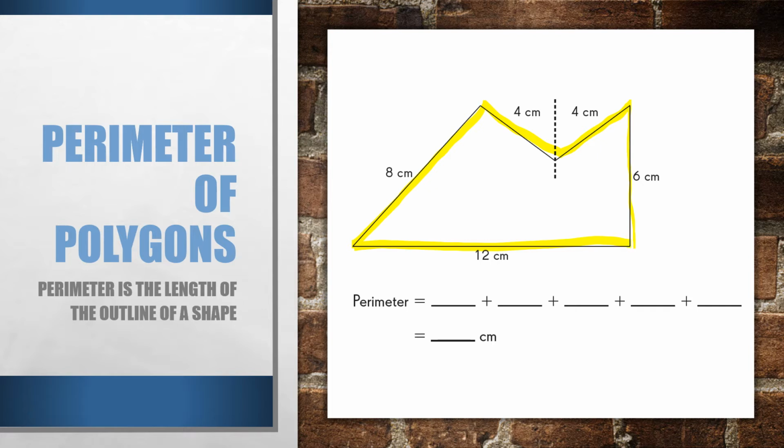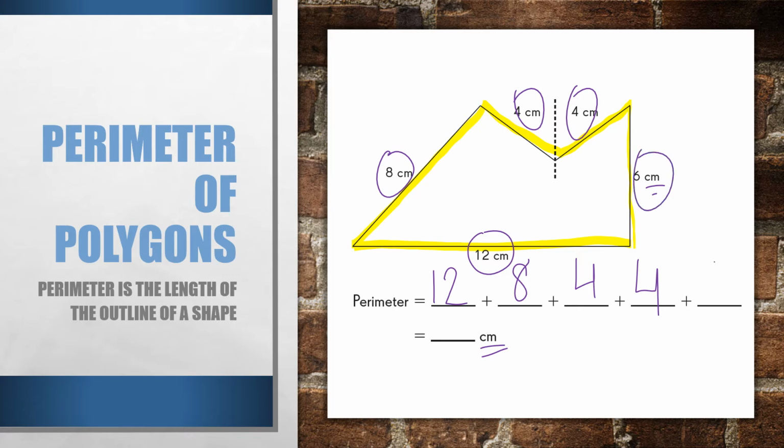And since it sometimes can be hard to turn corners with our tape measures, what mathematicians will do is they will label the lengths of each side, and then all we have to do is know that we can add them up. So that's what we're going to do here. So I'm going to circle them as I write them down to make sure that I get all the ones I need. So 12 centimeters. Notice that we're working in centimeters. That will be important. It's already written for us down here in the answer. They're trying to help us along. So 12 plus 8, because I just need the length of all the lines combined, plus 4, and another 4,